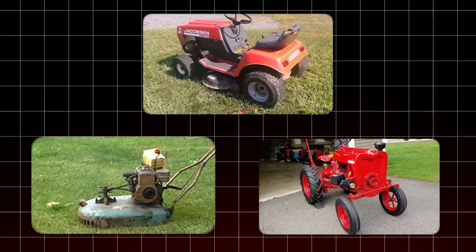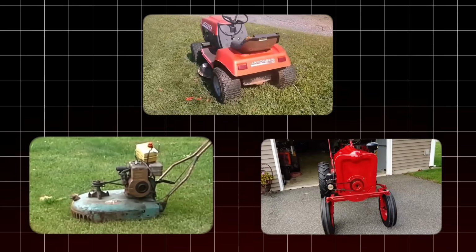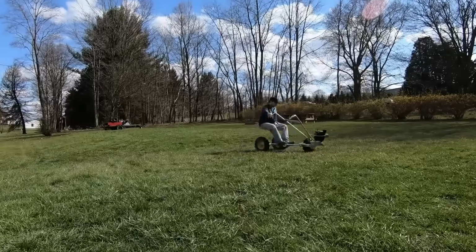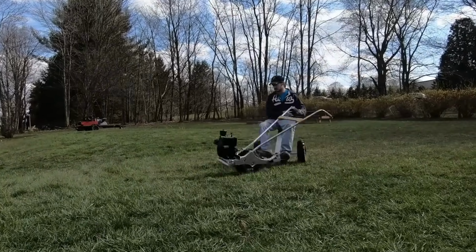Today we are diving into the worst lawn tractors ever created. From bizarre designs to questionable engineering choices, these machines will make you wonder what their designers were thinking. And stick around until the end, because the last tractor on our list changed the entire industry in a way